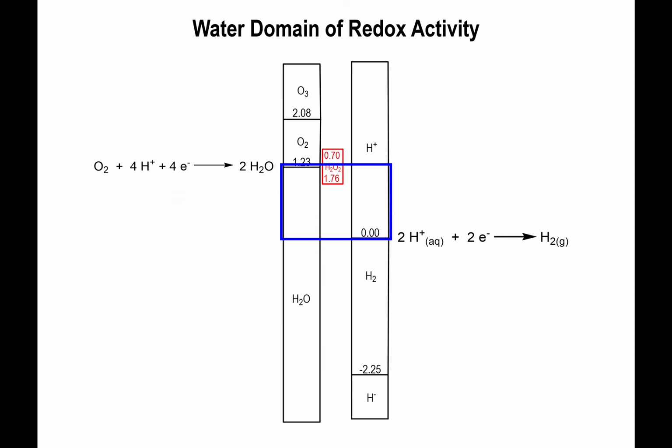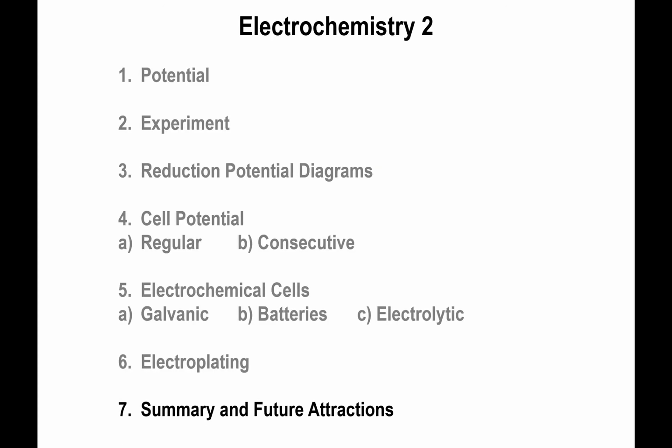One thing I'm going to mention now, but which is going to be more important for the next lecture, is that when we do this type of reaction, typically we're doing this in water. And water, as you can see here, oxidizes to oxygen at 1.23 volts worth of potential, and at a potential of 0, you start getting your protons into hydrogen. That's when water starts reducing. So this is the window of stability in terms of redox potentials, where you can add species to water without having water itself reacting. We're going to discuss that topic in more detail